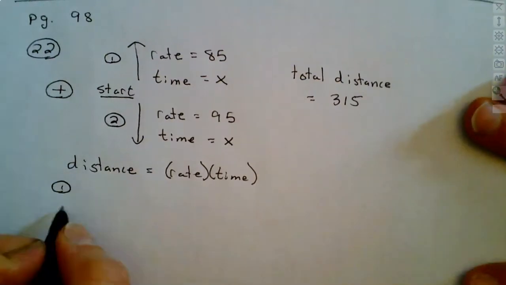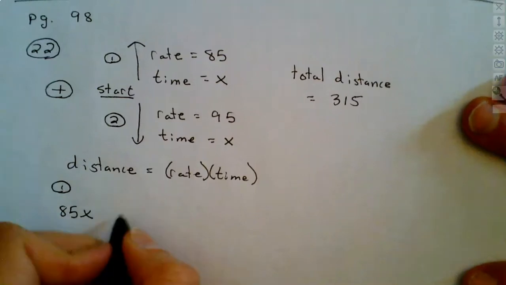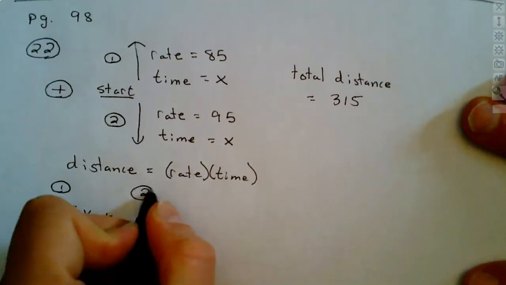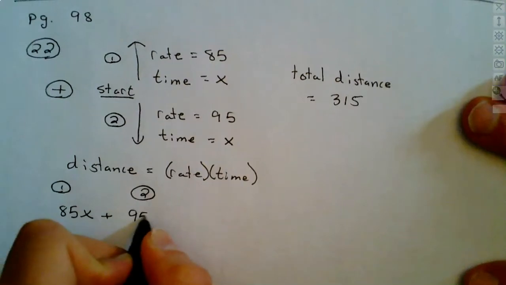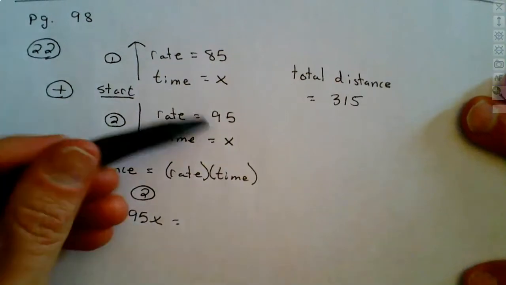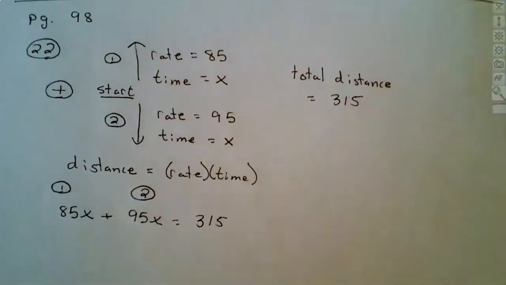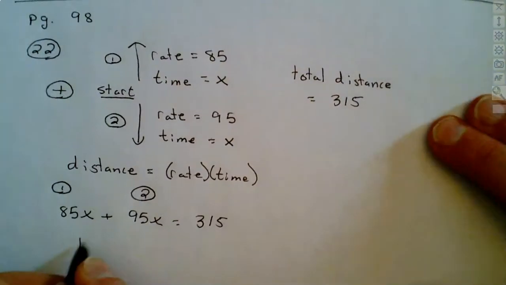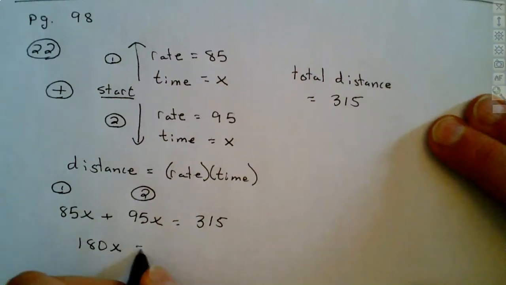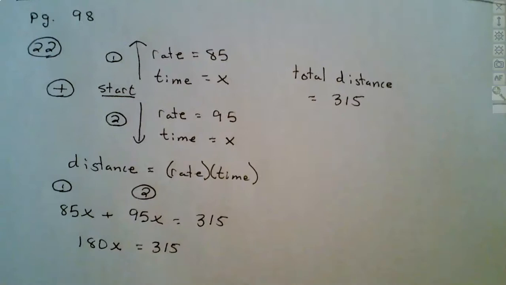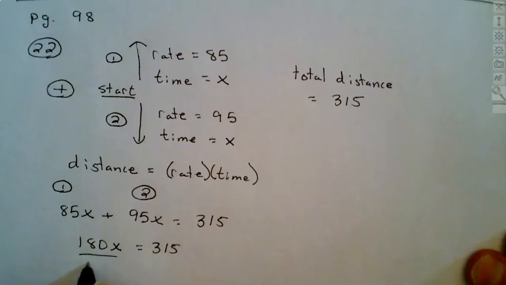So for our first one, we've got 85x. For our second one, we've got 95x because they multiply together just like before. And what do they equal? 315. We can add these together and easily solve this. So now we have 180x equals 315. We'll divide by our 180. That gives you then x equals now